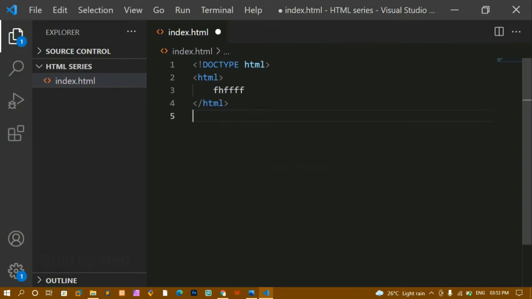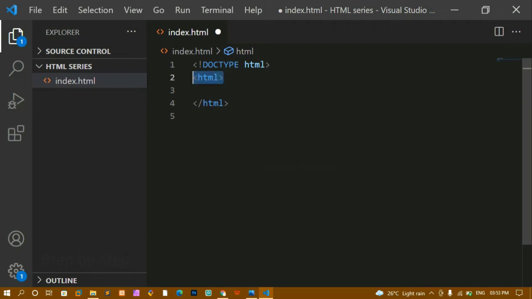You should not get confused between element and tags. You call it an element when the tag has some content inside. If you are referring to only this part, you will refer to it as an opening tag or closing tag. You will not call this an element, you will just say opening tag. Once you give the content, you will say it is an element. HTML element, you can say it like that.